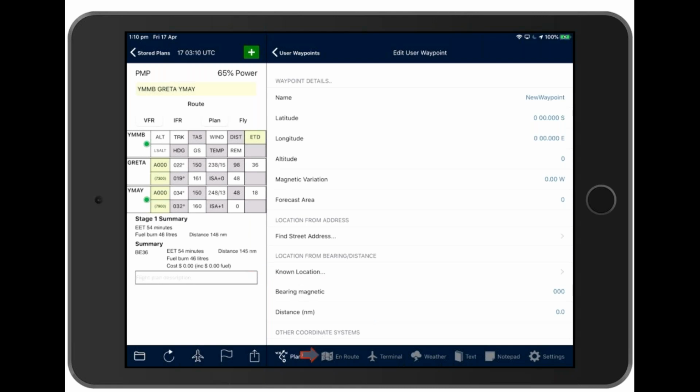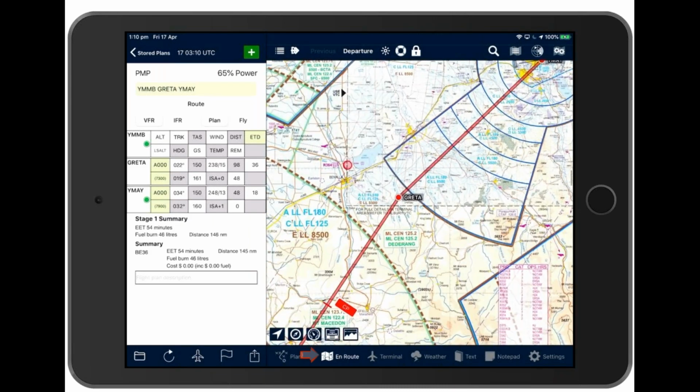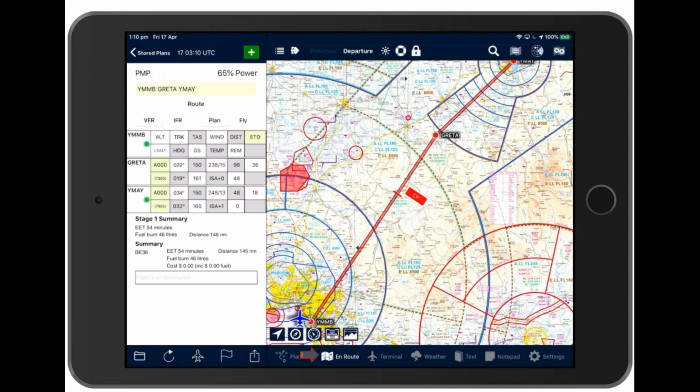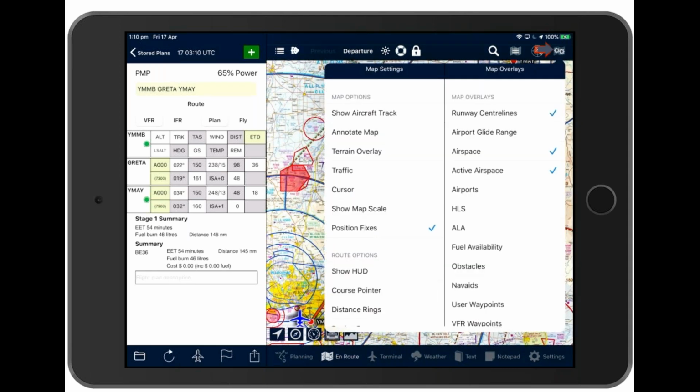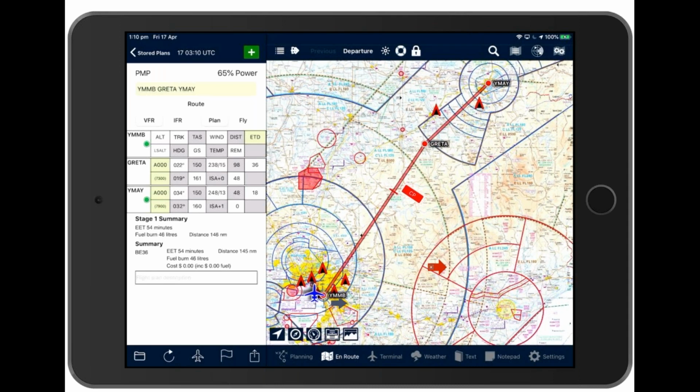So AvPlan EFB includes a pretty comprehensive terrain and obstacle database. You can turn on obstacles under map settings and then view obstacles. And that works in two modes. When we're flight planning, so we're in plan mode, we can see the obstacles around our flight,